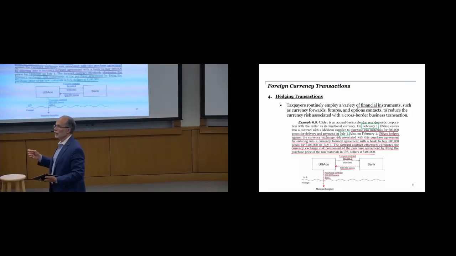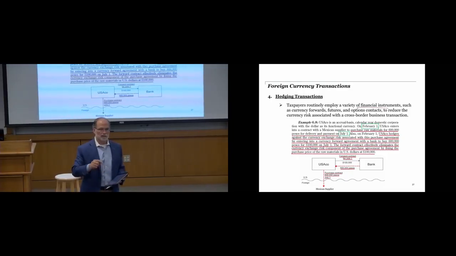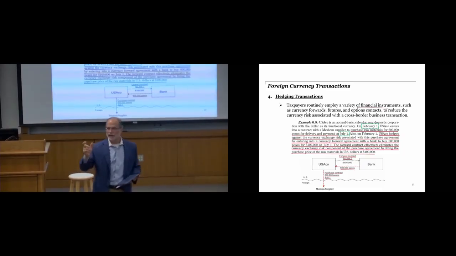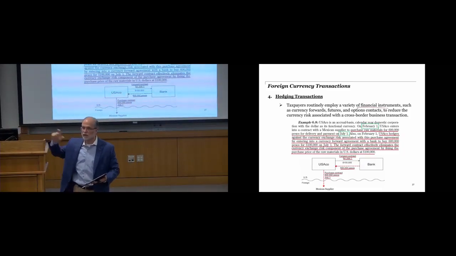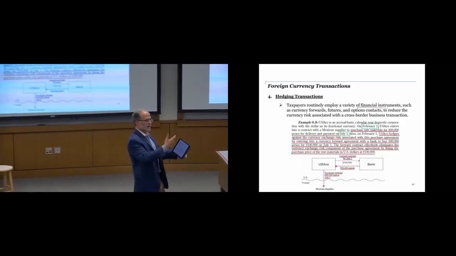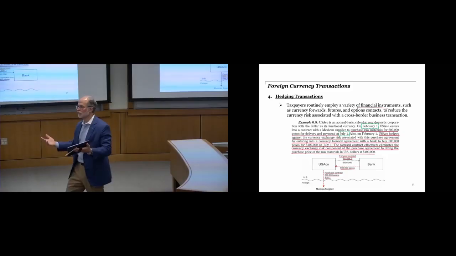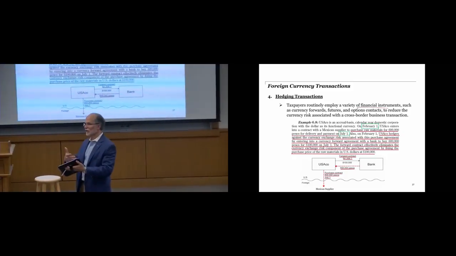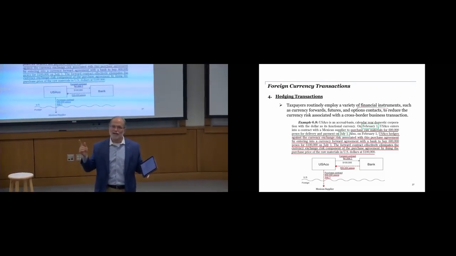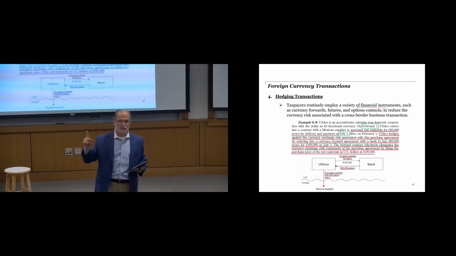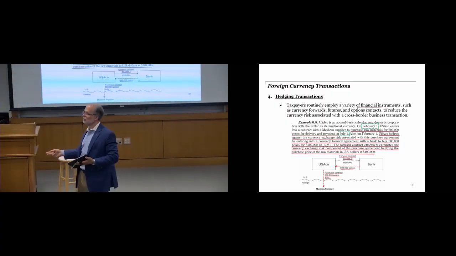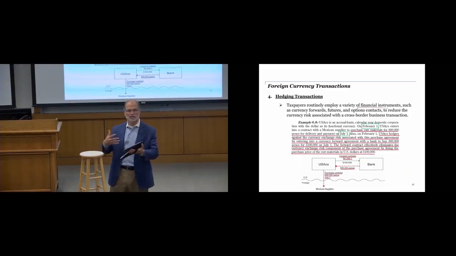Where you can get tripped up here is if you do a transaction that gives rise to a currency risk, and then you do a separate transaction to try to mitigate that risk, if they are not integrated in the eyes of the financial statements or in the accounting literature, or in the eyes of the tax code and the regulations, then you have 2 separate transactions. What can happen is you can have different timing and different character treatment on those 2 transactions if the guidance does not allow you to integrate those